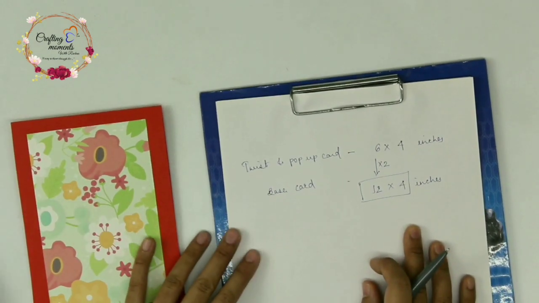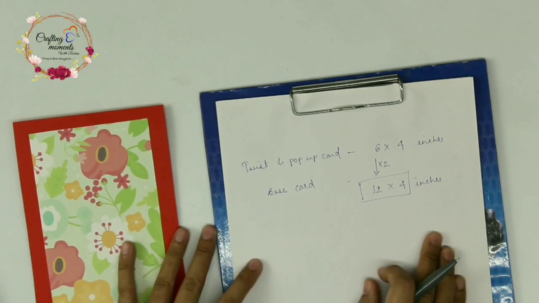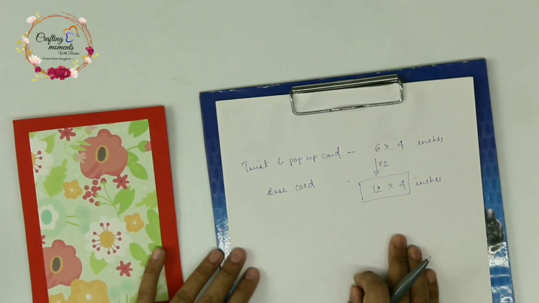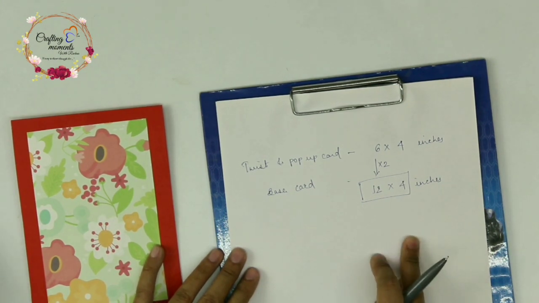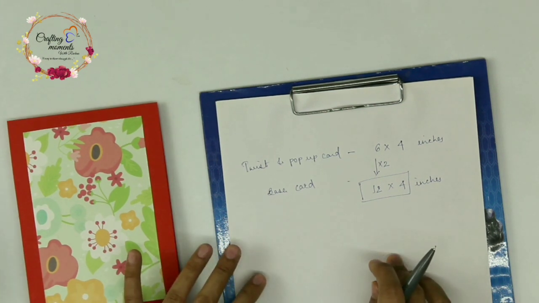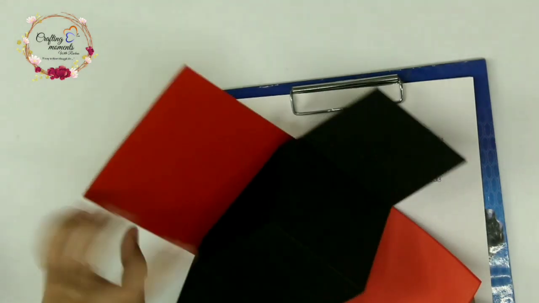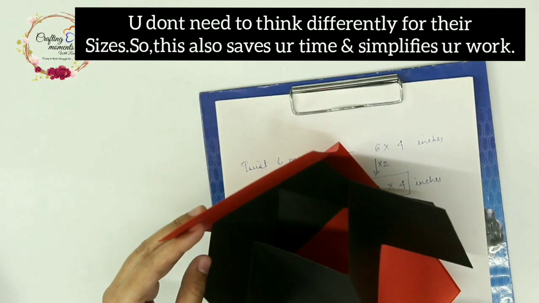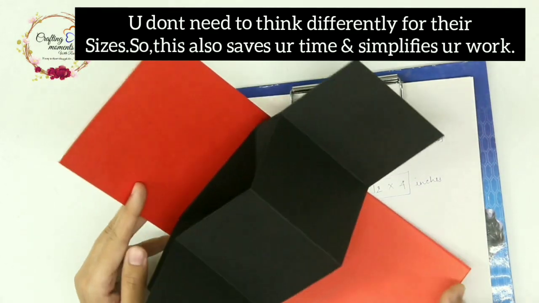Okay, now let's come to the other 2 parts. Here comes the rule of subtraction. This rule of subtraction will work for all sizes of twist and pop-up cards. You just need to keep these 2 points in your mind. First, always take the same size of cardstock for both of these parts, the accordion one and the mechanism one. Only one measurement will work for both these two parts.